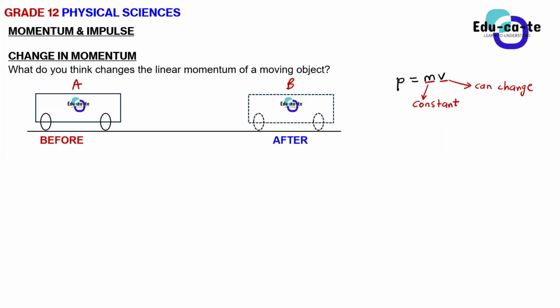Yeah, so I was saying, if the mass can change the velocity, because isn't it, if it's a boy on a skateboard, the mass is more, so the momentum is going to be greater, right? But say the boy jumps off the skateboard and the skateboard continues going, so now it's minus the mass of the boy, so the momentum is going to be smaller. Provided that it's a constant velocity.